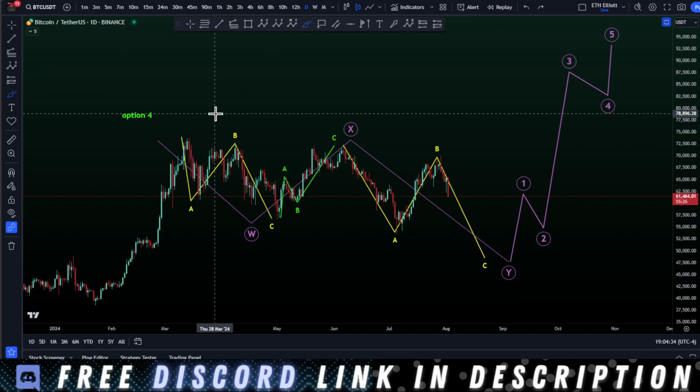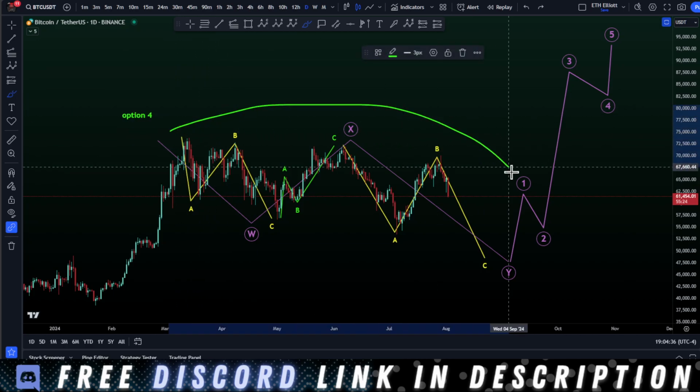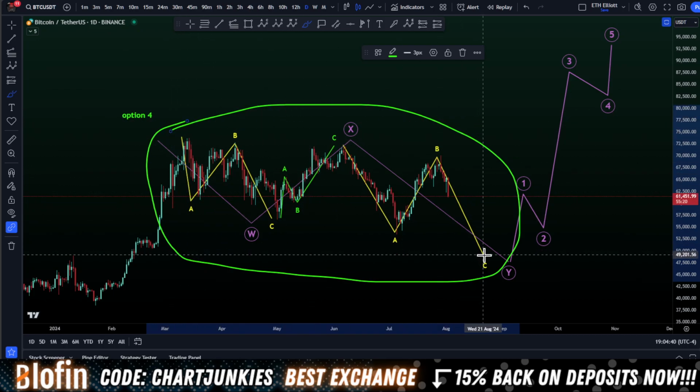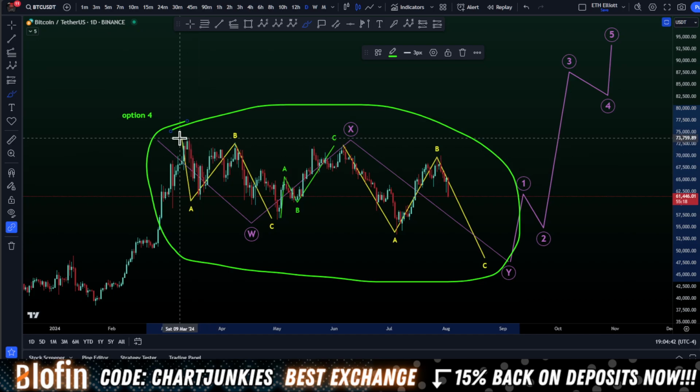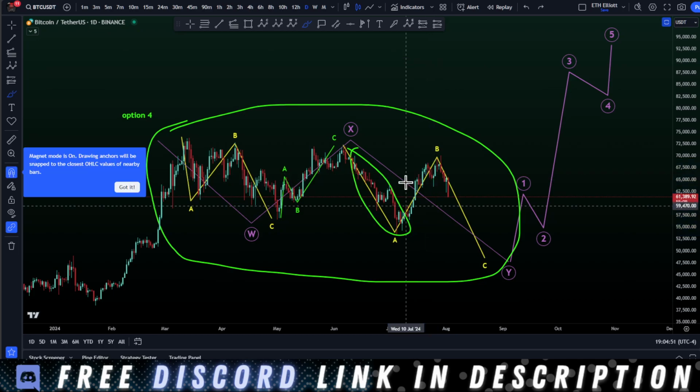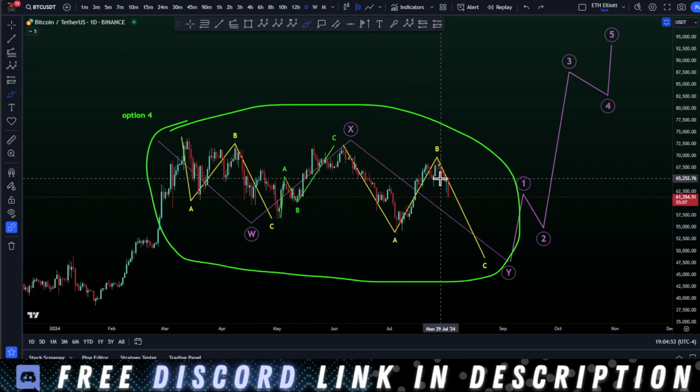In this count right here, we are extending out our correction in the WXY pattern, where we are just correcting all over the place. It's going to be a double correction. I don't know about this one. These, like this, they look more impulsive to me. There's many reasons why I'm not a fan of this count, but it's a valid count